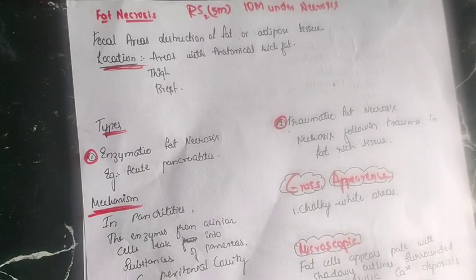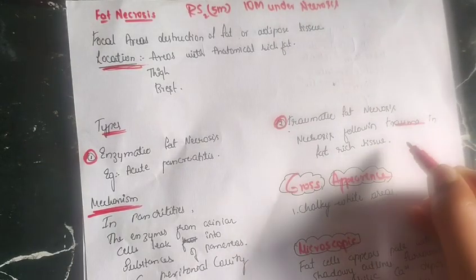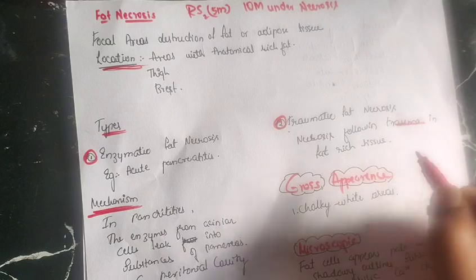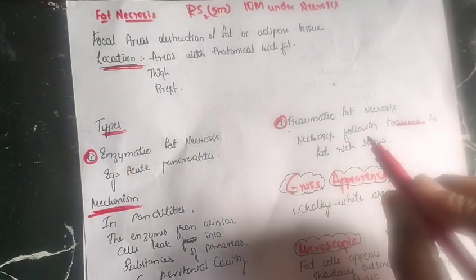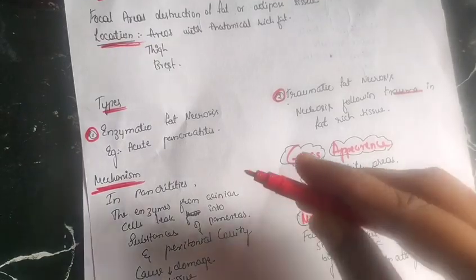Traumatic fat necrosis is simple. After a trauma, there will be necrosis in the fat-rich tissue. This is known as traumatic fat necrosis. And the example for enzymatic fat necrosis is acute